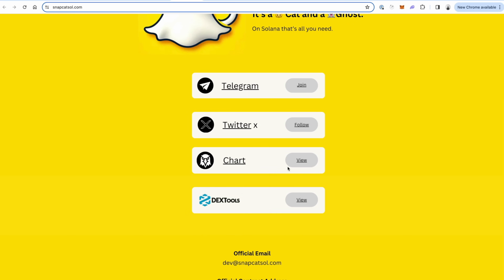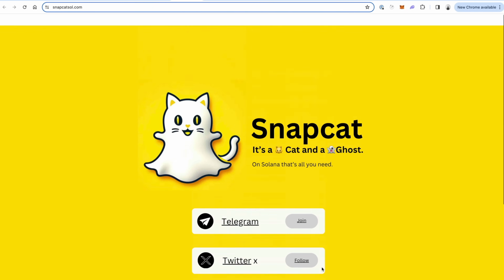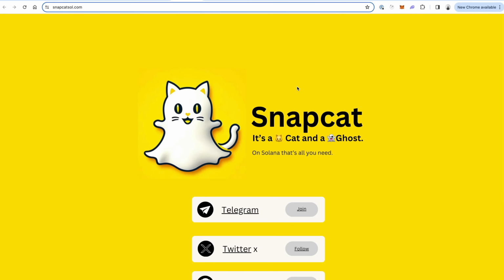And then, 4 links. One for your Telegram, which I'll show you in a second. One for Twitter, the Dex Tools chart, which you'll get after the coin launches, obviously. Well, you can go ahead and create the link now because you'll have the contract address and then Dex Tools. And then you can have official email here and then just the contract address. Once you deploy your coin, you'll just put the contract address here. This is all you need in order to launch.